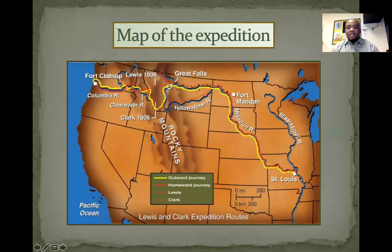Okay, so they started in St. Louis, Missouri. This is their starting point right here. They went across Missouri, just through Kansas a little bit, Nebraska, South Dakota, North Dakota. The yellow line is the outward journey. So that's the road they took to go to the West Coast. Up here through Montana, down here, and then through Idaho, this yellow line, follow the yellow line. Then Washington,